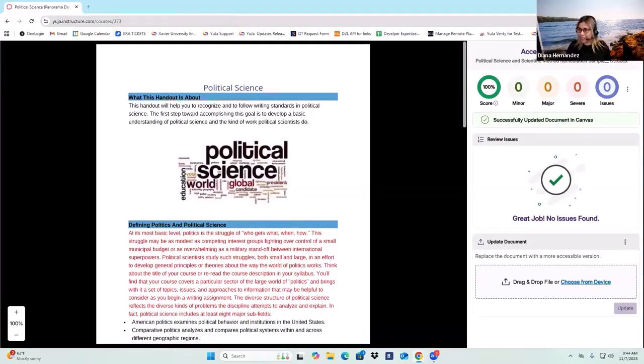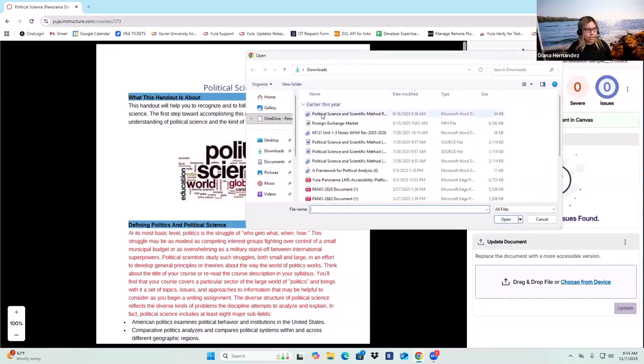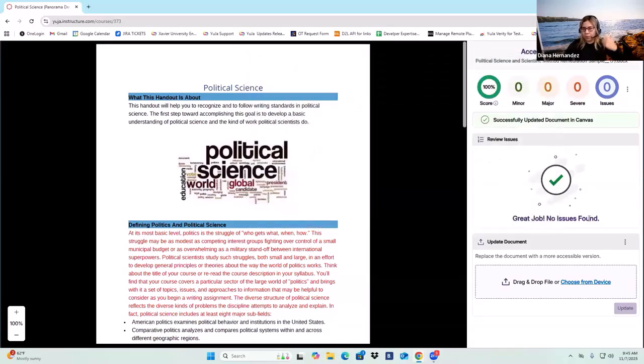All right, great questions here. Again, if you have one of those items where you're not able to use the fix issue option, you can go under more actions and download the source file. That means you will download the document, work on the document manually, and then you can just drag and drop the file in here. You can choose from your computer, select the file, and then we will re-upload it, rescan it, and then upload it into Canvas as well. Okay.